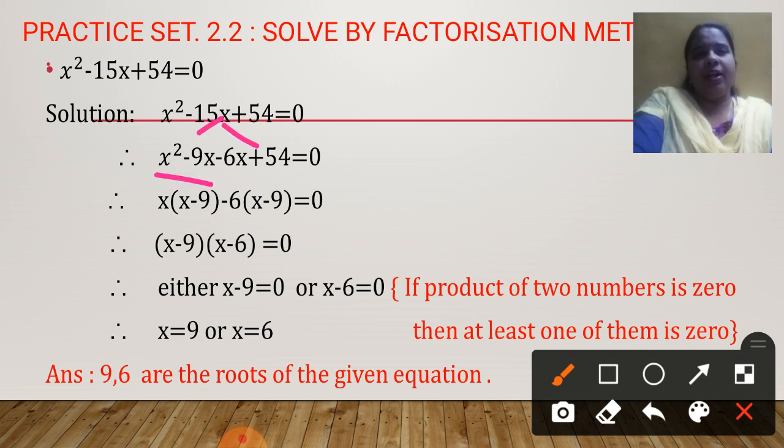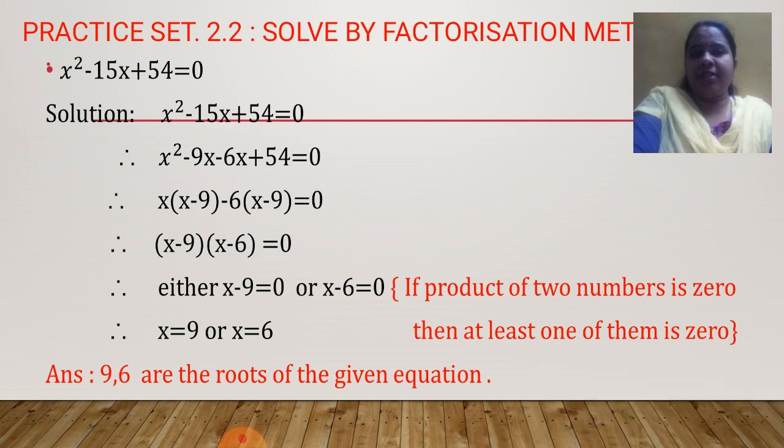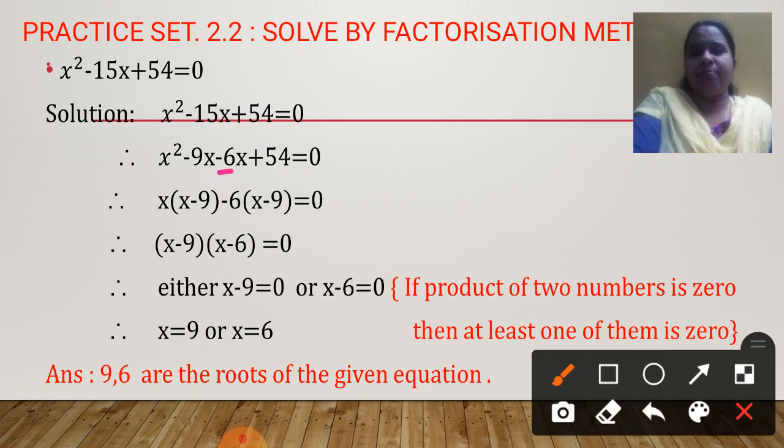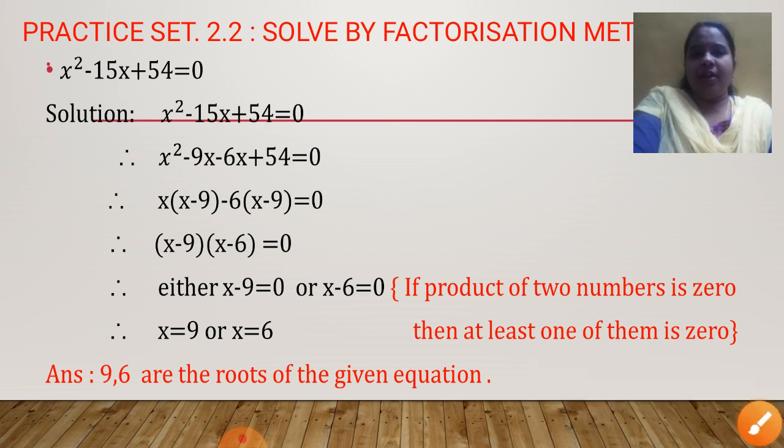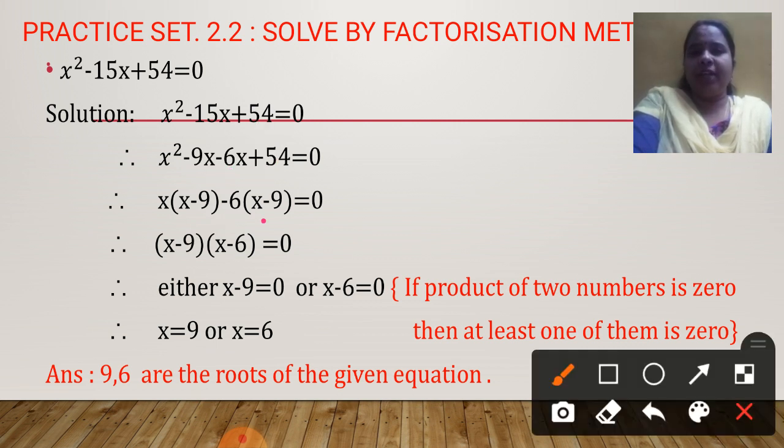After this, let us combine these two terms together and take common. X square minus 9x, x can be taken common. What will be left is x minus 9. Okay. Now next thing is, if the third term is negative, as you can see here it is minus 6, we are going to take that minus outside. Rule is, when you take minus outside, the sign inside the bracket will change. So this plus 54, I will change now to minus. Okay. I hope you are understanding it.